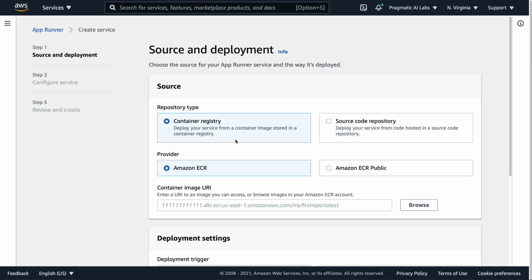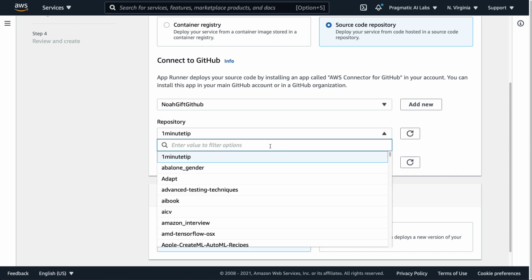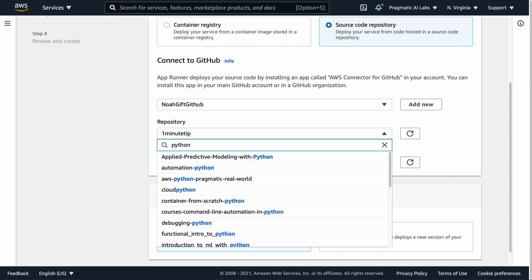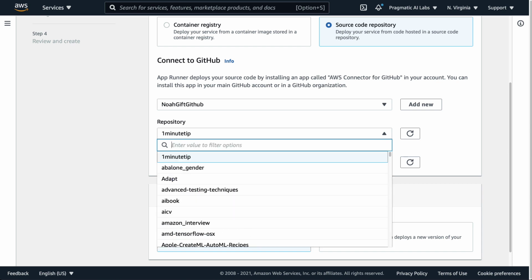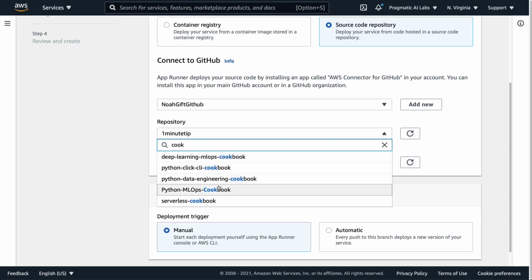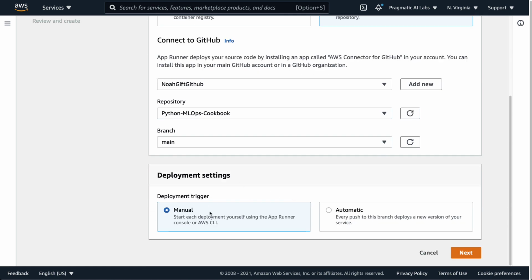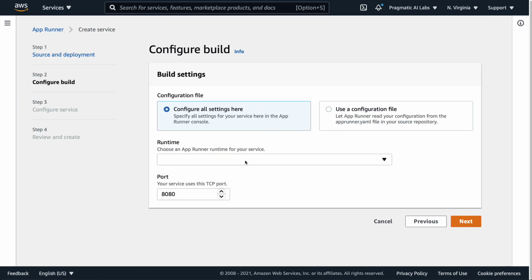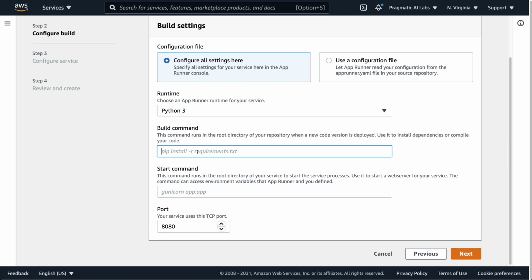We say create service. We can either pick a container registry or a source code registry. Let's pick a source code registry here, and we'll say Python MLOps cookbook, there we go. In this case, we could choose either manual or automatic. We can get a little brave here and pick automatic and see what happens. Then it says configure all the settings. We'll say Python 3, so we'll do pip install -r